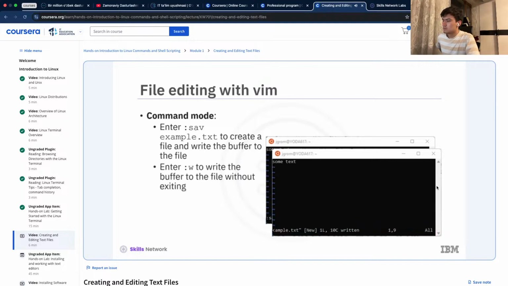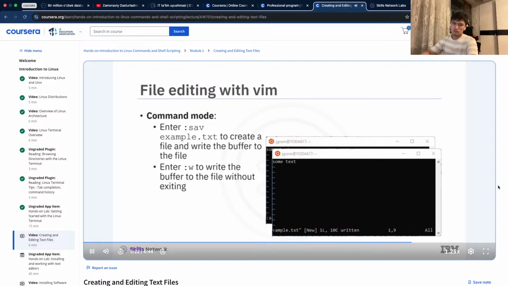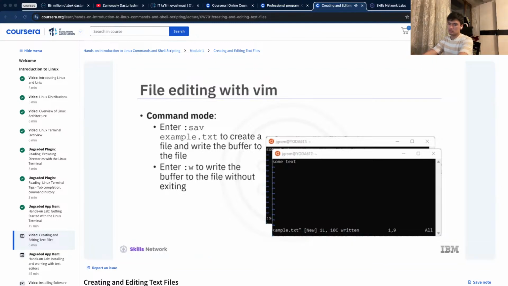And now that your file already exists, you can use the more common "W" command to write any changes to the file. To quit your Vim session, enter "Q." And to quit and discard any changes made since the last write operation, include the bang or exclamation mark, as in :Q bang. This was an introduction to Vim, but there are many commands that you can use to navigate